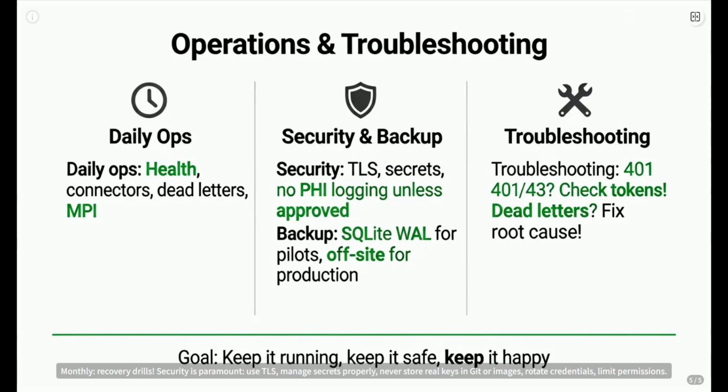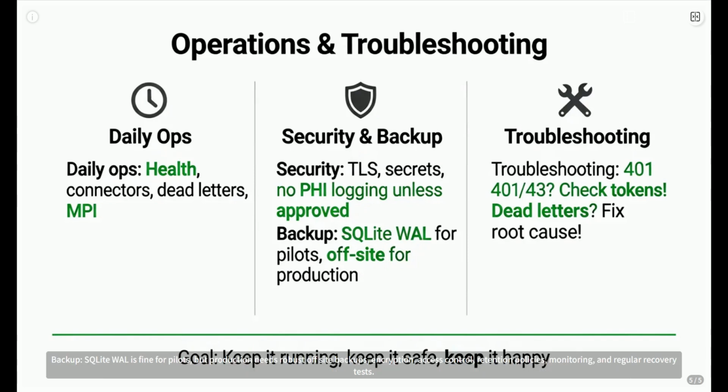Security is paramount. Use TLS, manage secrets properly, never store real keys in Git or images, rotate credentials, limit permissions. Logging defaults to minimal: only request IDs, protocol, status, etc. Debug logs with PCI need explicit approval and are tightly controlled. Backup: SQLite WAL is fine for pilots, but production needs robust off-site backups, encryption, access control, retention policies, monitoring, and